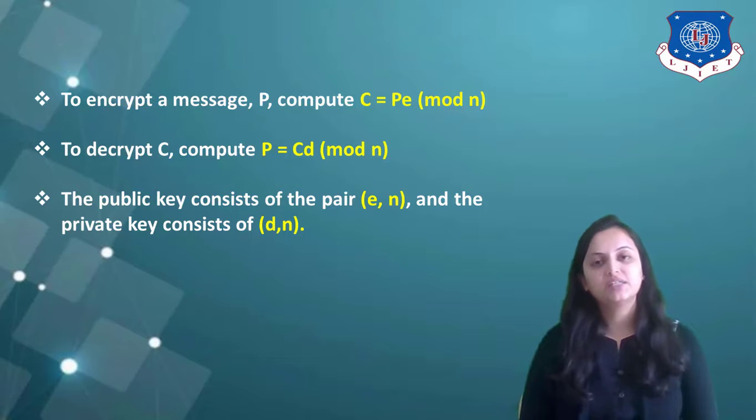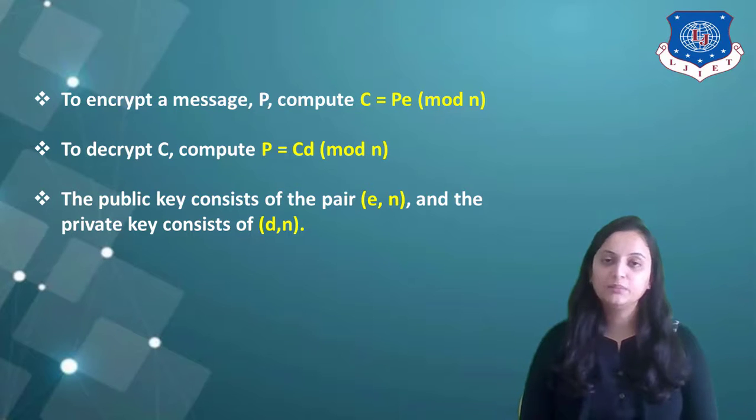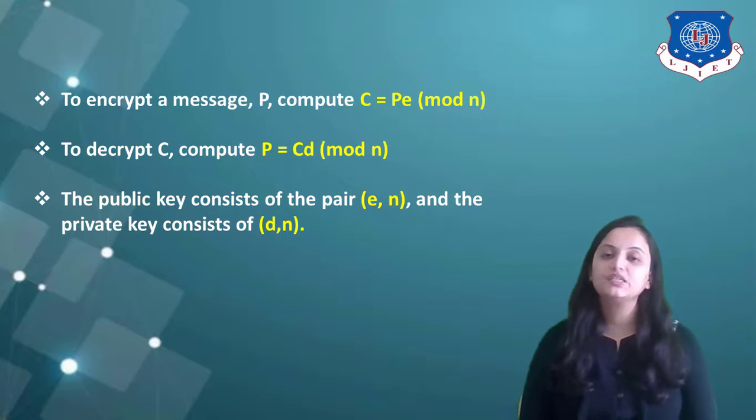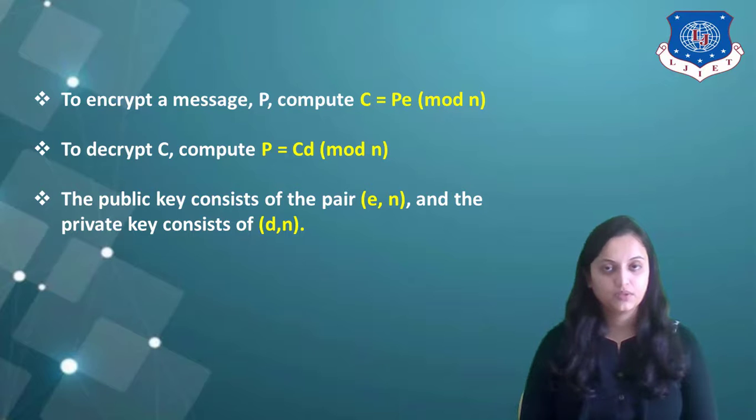You can have examples based on this. It may happen that two prime numbers are given to you. Based on these prime numbers, you need to find the ciphertext and plain text by following the steps given above. And according to that, you need to obtain the public key and private key, or it may happen that they are already given to you. Okay? So practice such examples.